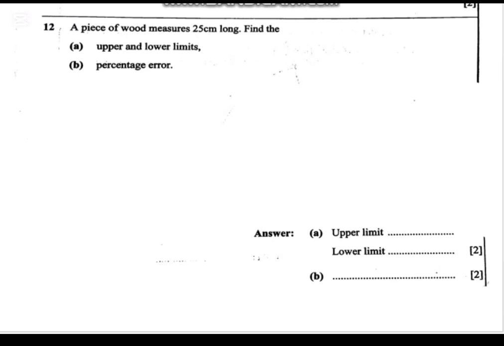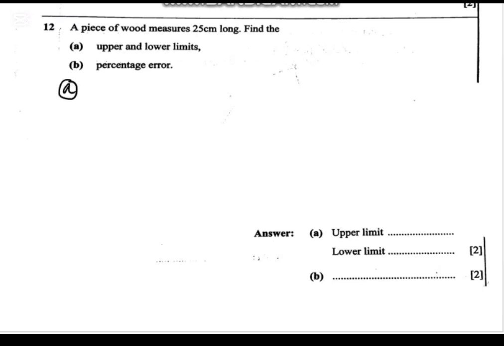In this video, I would like us to look at this question on approximation and estimation. It is coming from a grade 12 math paper 1 and the year is 2022. The question reads, a piece of wood measures 25 cm long. Find the A upper and lower limits, then B percentage error. So starting with the first part, A,